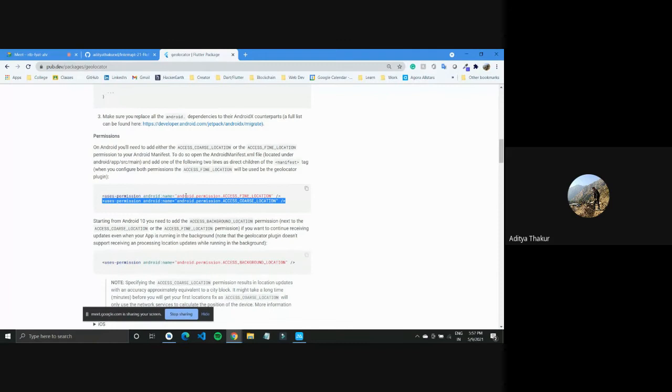So what we need to do is add permissions to our Android application. We need the user's permission to access location. So I'll copy this permission code, which is just the user permission, and it accesses coarse location. There are two location types. One is fine location, as in if you exactly want the mobile device location. This would be heavy on battery, so for now we'll just use the coarse location.